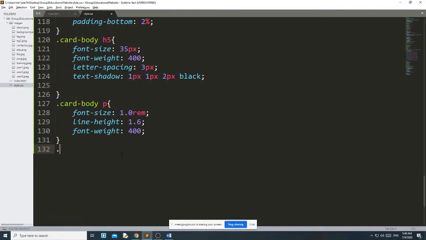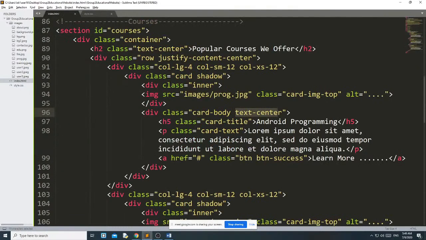like dot card, on which you want to apply the hover effect, that is important, because here dot card, this card is which class? We can see this. Okay, means on the complete card.